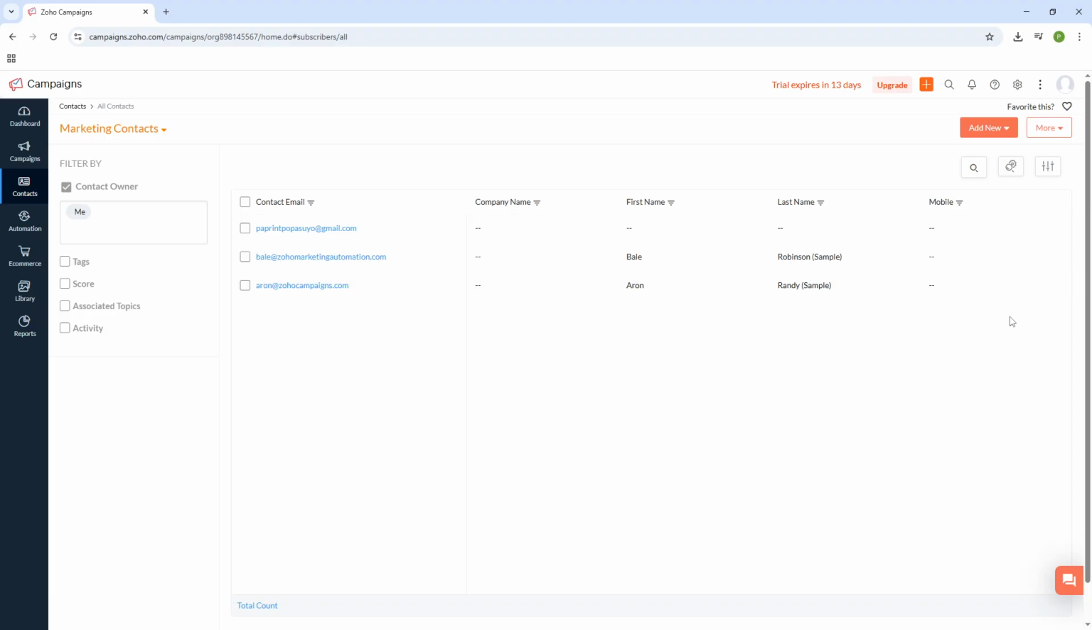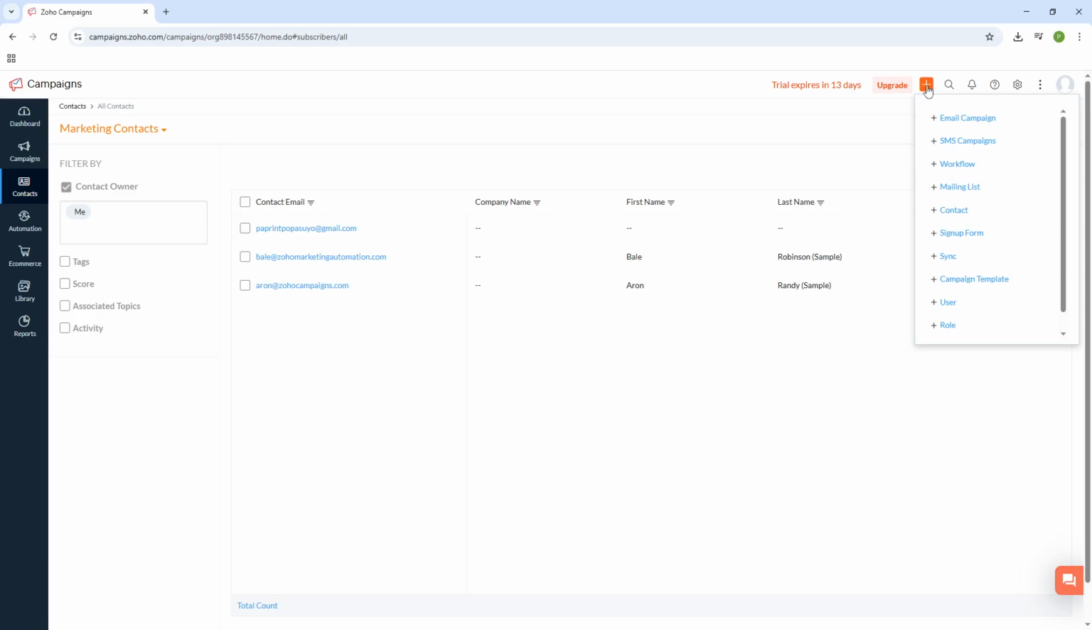Next, direct your attention to the upper section of the page where you'll find a plus button. This represents the Add Contact feature. Clicking on this will initiate the process of adding new contacts to your database, keeping your list fresh and up to date. When you click this button, you'll be presented with a selection of options that allow you to tailor